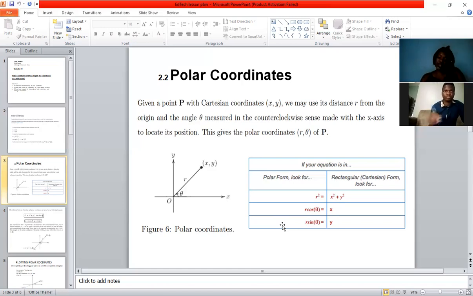Now x as the Cartesian coordinate represents the polar form r cos theta. And then y as the Cartesian will represent